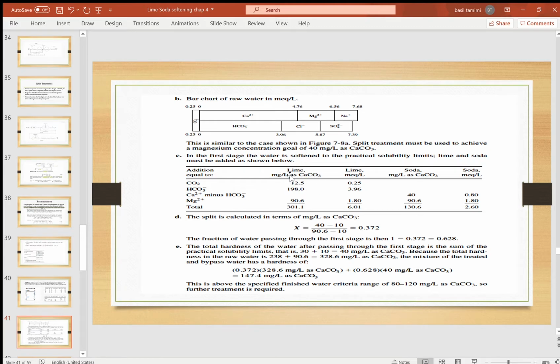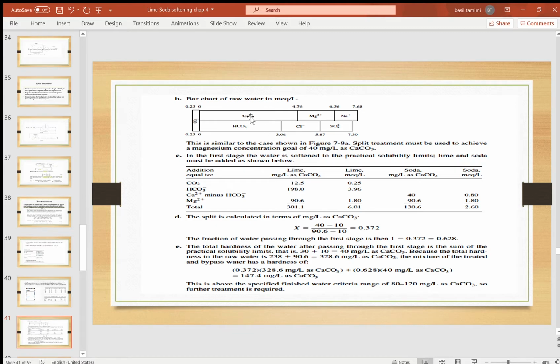Okay, so we need lime with the same concentration of carbon dioxide. This is to raise the pH. And then we need lime with the same concentration as bicarbonate, which is 198. This is to convert the bicarbonate to carbonate. Okay? And then